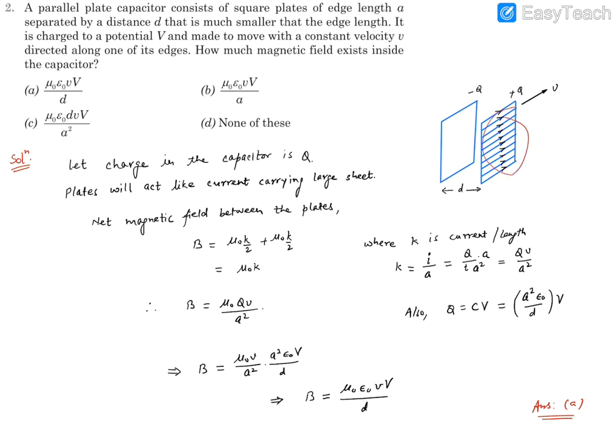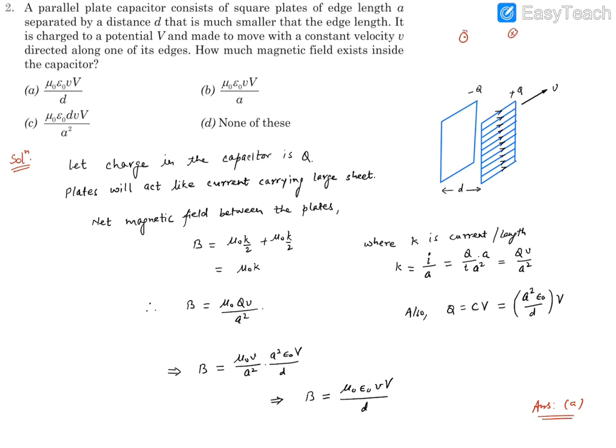How? In this plate the current direction will be opposite, because negative charge is moving that way, so the current will be moving in the opposite direction. So this will have a magnetic field direction same as the magnetic field direction of the first plate at the mid of these plates. So they will be adding up vectorially. Just to help you out, from this plate the current is coming outside, and from this plate the current is going inside, if somebody is watching from this side, or using a two-dimensional view.